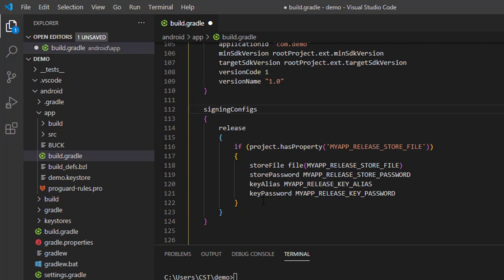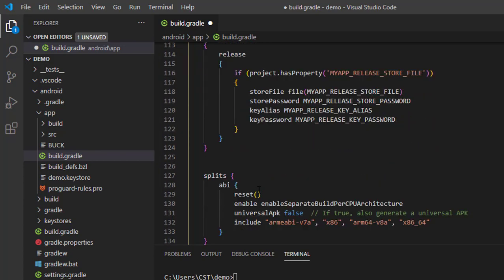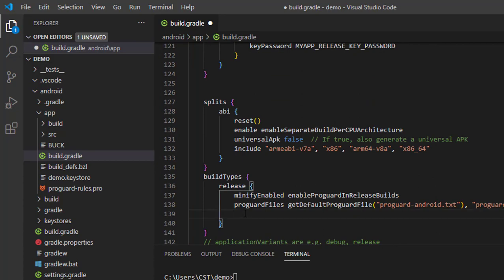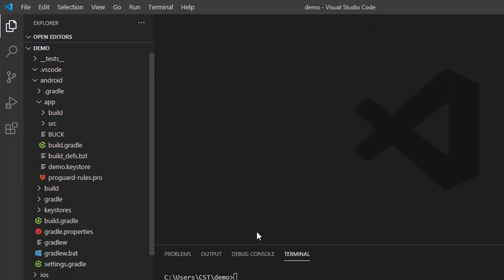You can find this code in the video description section. After this, we have to add one more line into the buildTypes section. Type the following code. After this step, save the file and close it.